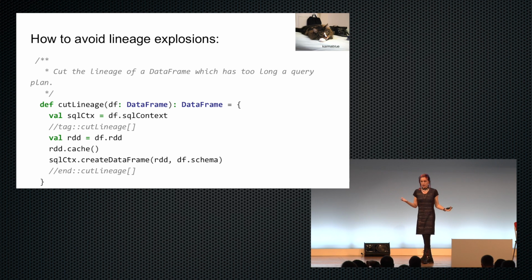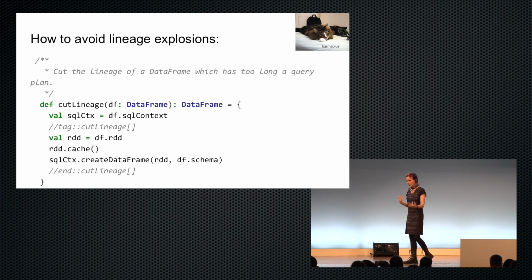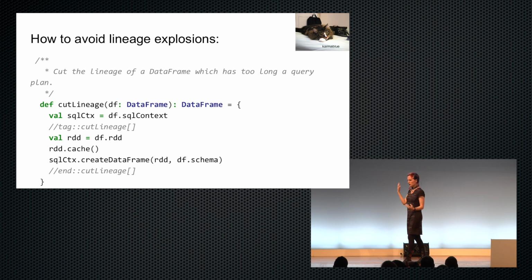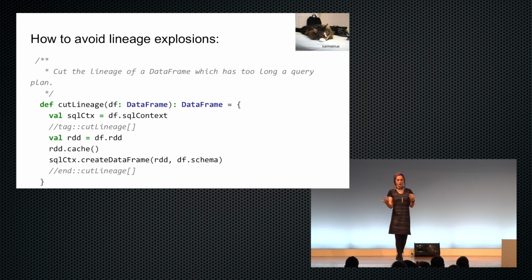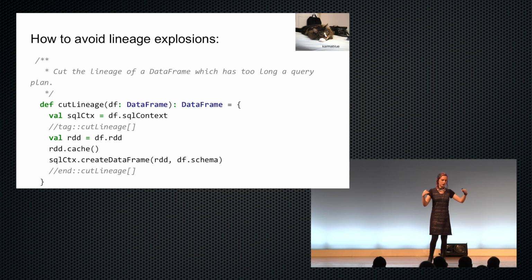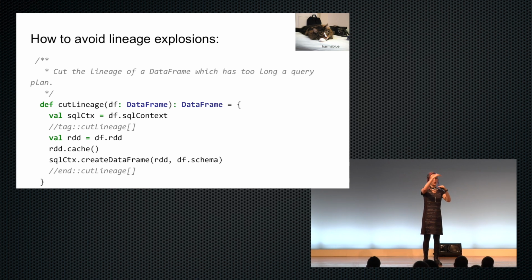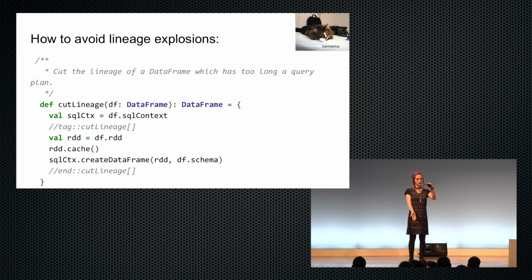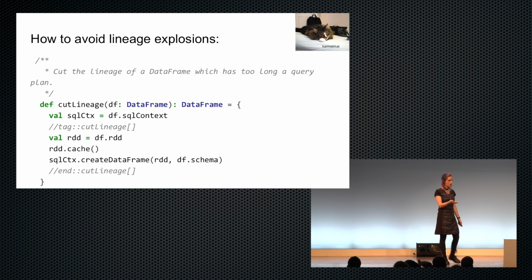The lineage explosion problem for when you're doing an iterative algorithm on top of data frames is really easy to fix. It's just kind of weird that we have to fix it this way. We can essentially round trip our data through an RDD, and then Spark SQL's optimizer just isn't able to go up above this, and it just looks at this RDD picture and tries to only optimize this smaller query plan. And this works really well. This is actually what's done inside of graph frames.